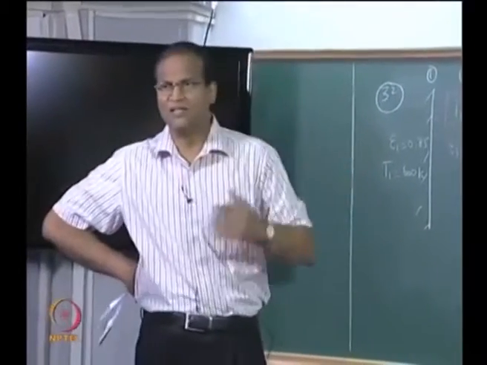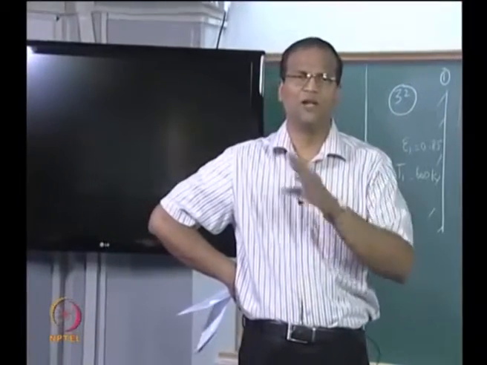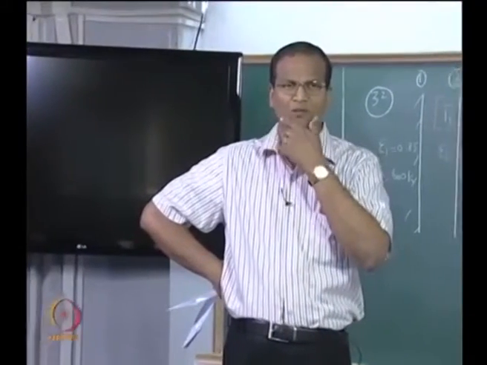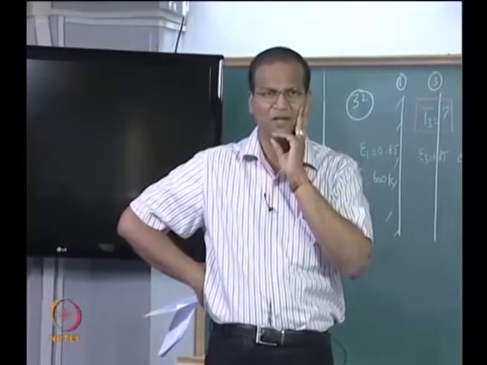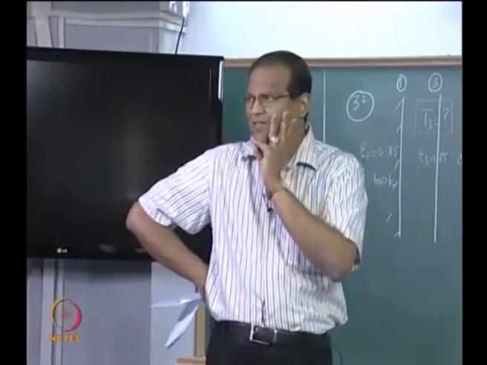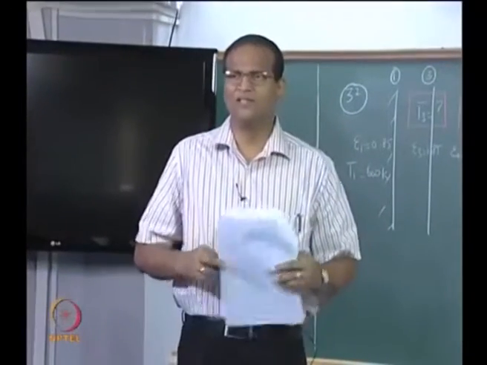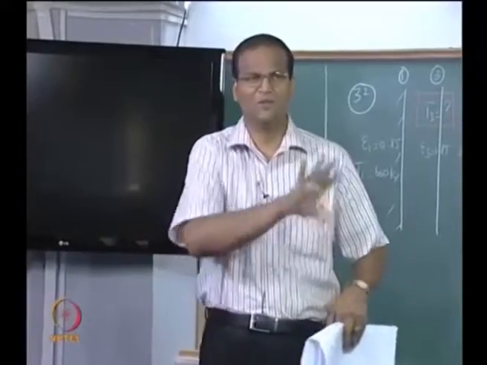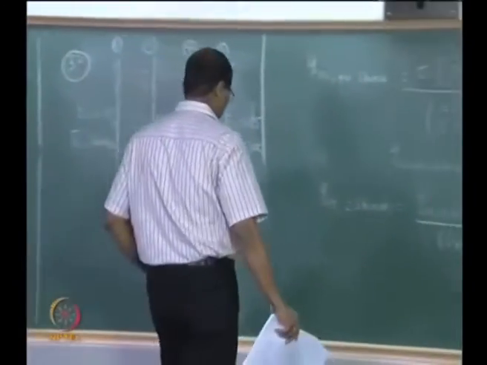This is an asymptotic case. Always when you do some engineering analysis, you must look at the asymptotic case. What happens if both are black? What happens if emissivity is 0? What happens if T2 is equal to T infinity? Somewhere you must get an answer which is consistent with your common sense. Then you know, okay, this must be right. Okay. Now we will do the last part. Q.